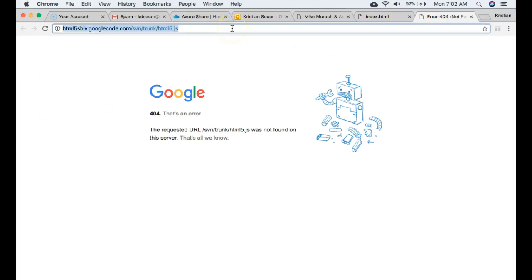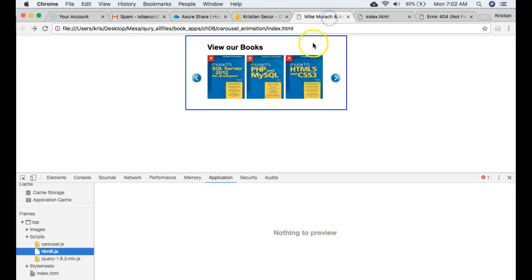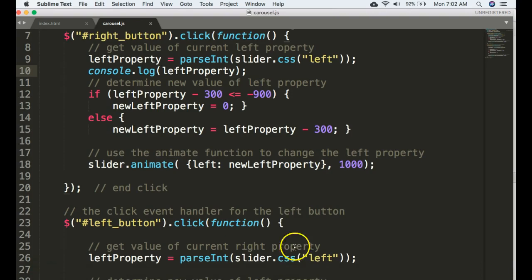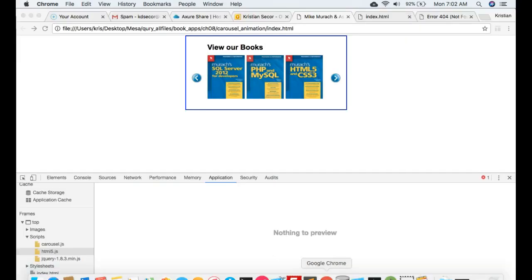This is one of the problems with using a content delivery network. But the shiv is not really necessary because I'm working in Chrome today. I'm working in a modern browser. You may recall the shiv from our reading is about making older versions, specifically of Internet Explorer, functional with our code. Anyway, we're here to trace the